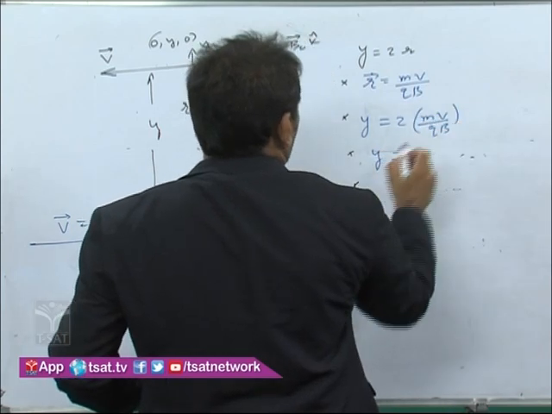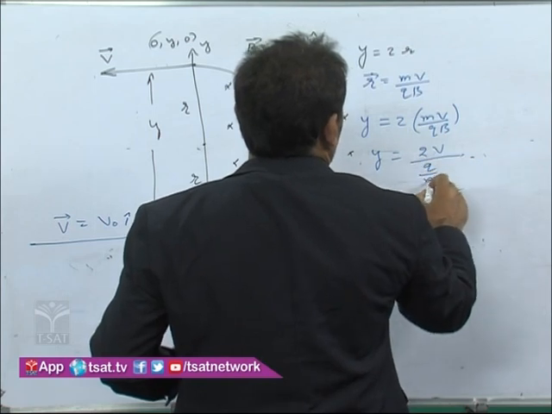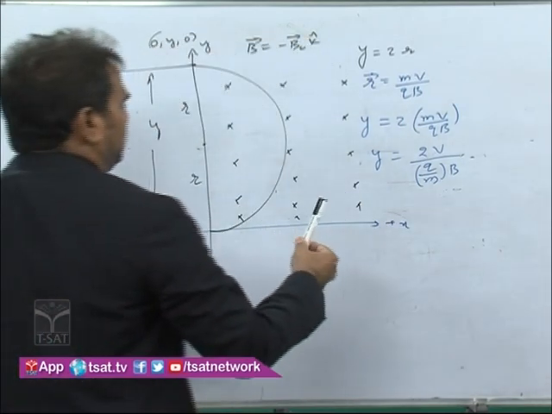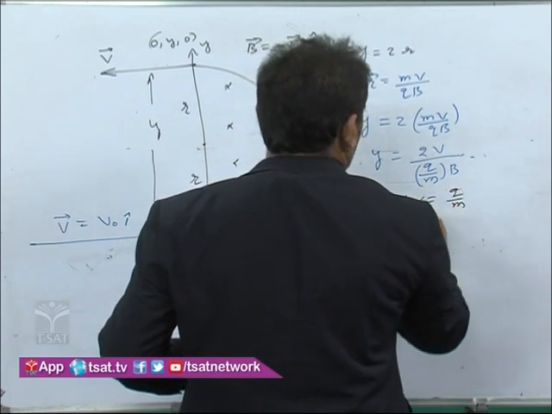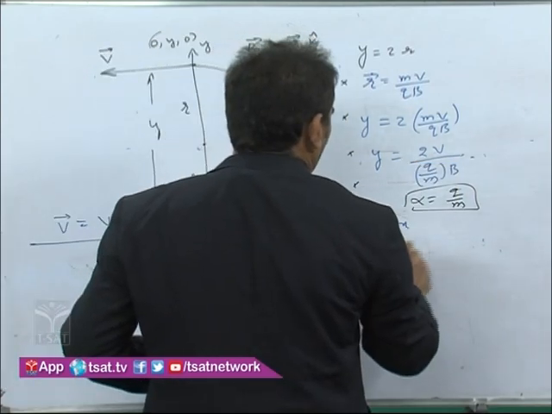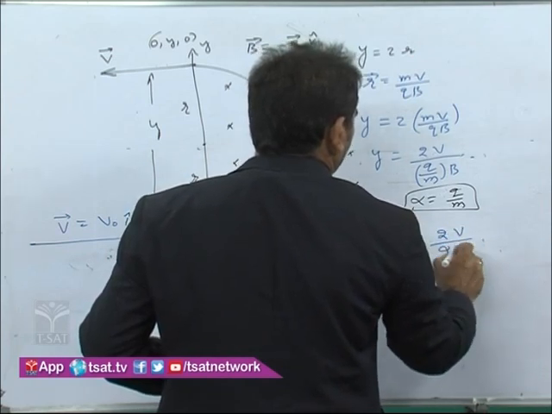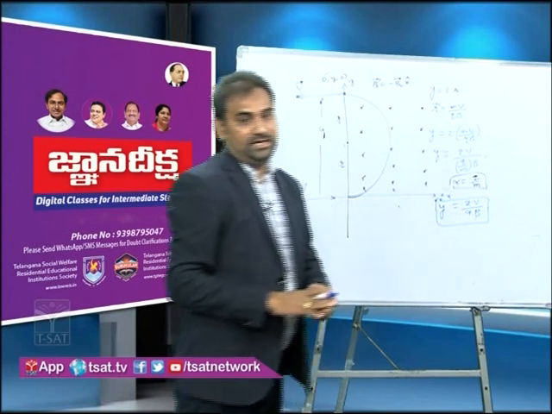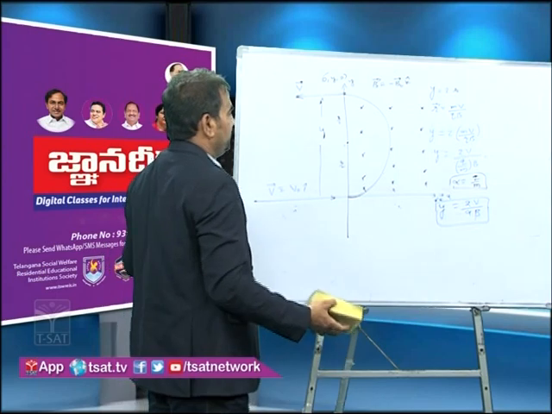Therefore, y is equal to 2v into m upon qB, which I am also writing as 2v upon q upon m into B, where q upon m is alpha according to the problem, the specific charge. Substituting this value in the above equation, we get the value of y. y is equal to 2v upon alpha into B. This is the final answer of this application. It is very important for the mains purpose. Next application is